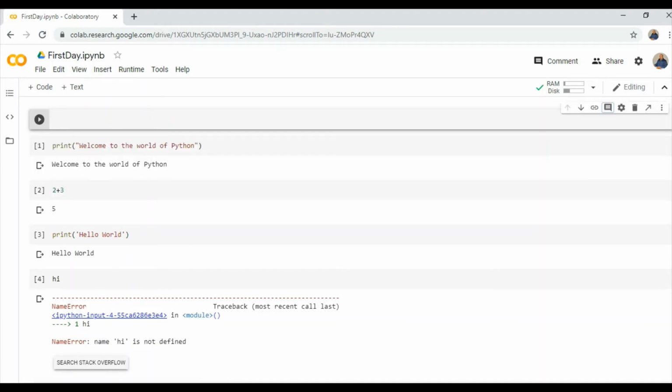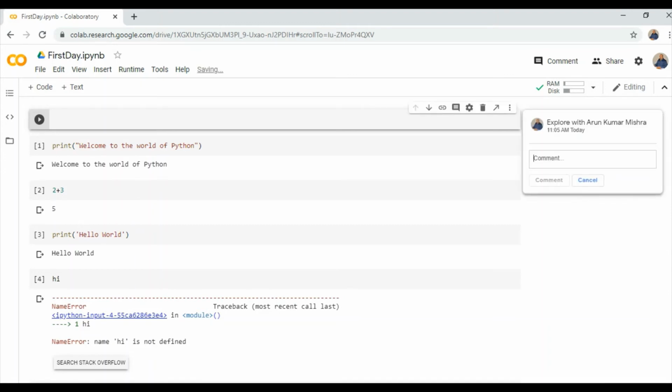If you click on the comment portion, you can see a new dialog box is opened and you can comment. So we are going to write one comment, that is, we are going to learn Python programming, and it will be shown with your user ID, whatever your account is. When you click on comment, you can easily find that this comment has been recorded.